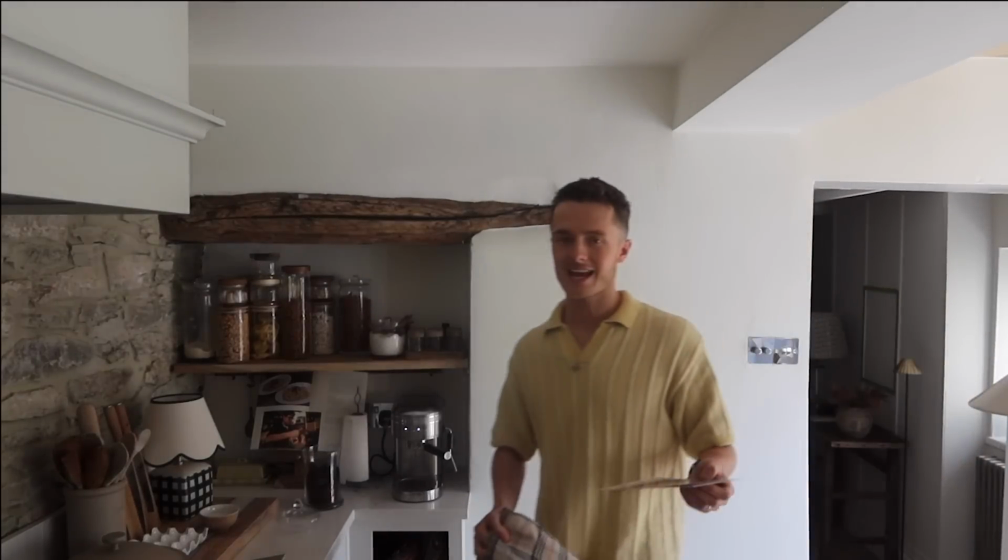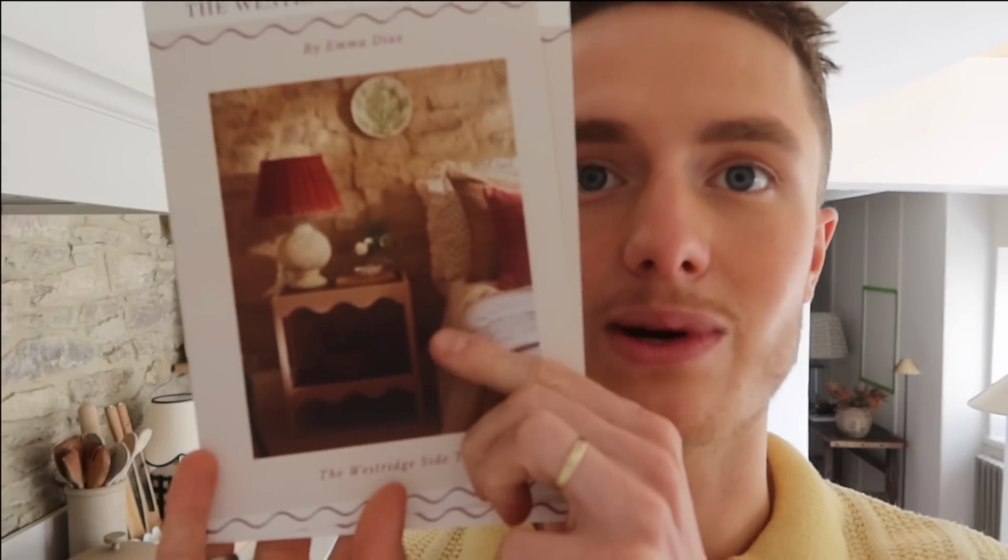So yesterday I was at the event that I mentioned for my friend Emma, who's launching her furniture, and it looks so nice. I can't believe that she's designed all of this stuff herself. I will leave her website linked down below, but it looks amazing. Look at this side table, how